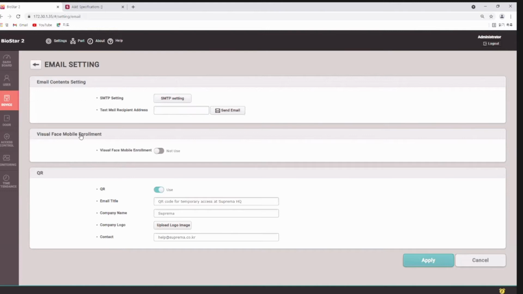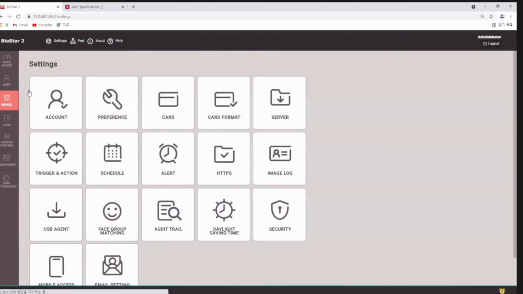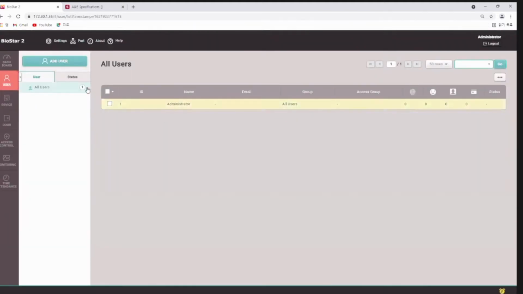And then from here, you can use it for the Visual Face mobile enrollment, but today we're going to use it for the QR. So just simply click QR. You can input the title of the email that the user will receive. You can put in your company name and contact. So if you go to the user menu,